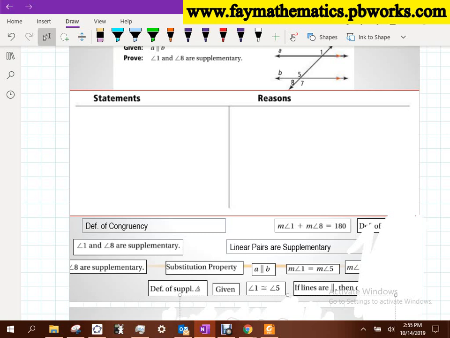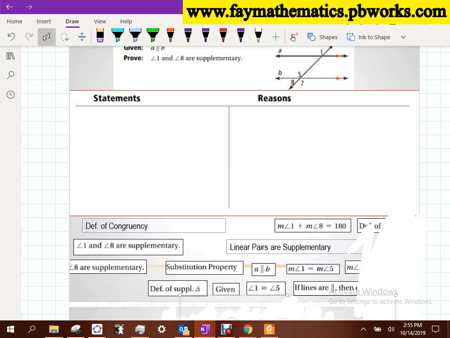Some of them are drop-down windows like we've already seen. Another version is they might give you the entire proof, but leave one line open, and you have to put the right thing in that one line. The final version is where they give you block statements at the bottom, a grouping of statements and reasons, and you take your cursor, click on one, move it into the right position in the statements, and then provide the correct reason on the right-hand side. Does that make sense? So you'd be clicking and dragging them and matching them up in the right order.